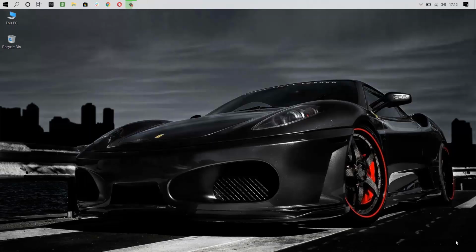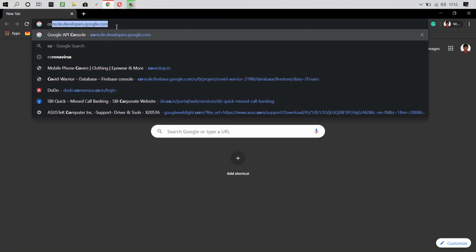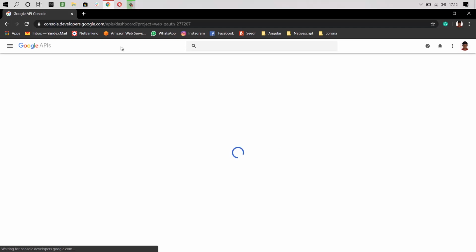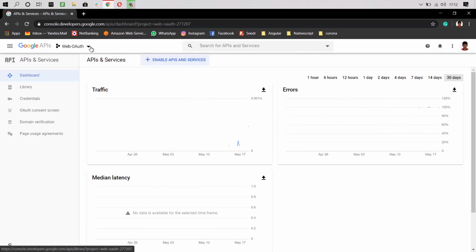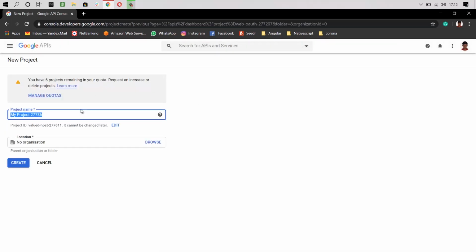To start with, we are going to create the project through the Google API console. For that, console.developers.google.com. Here we need to create a project in which all the logins will be associated. So I'm going to create a project now. Here we need to mention our project name.